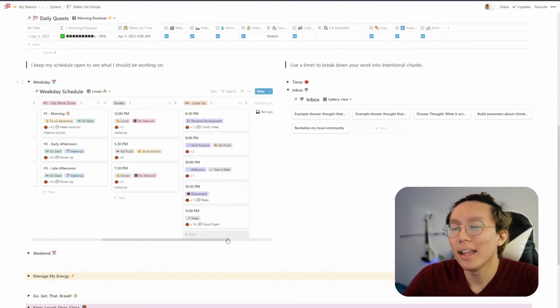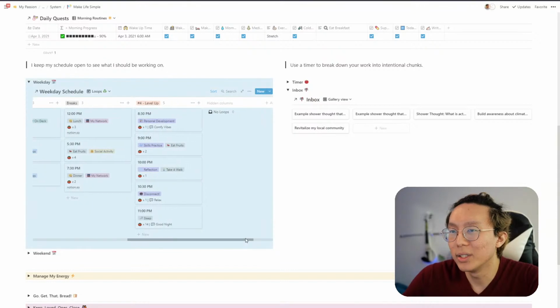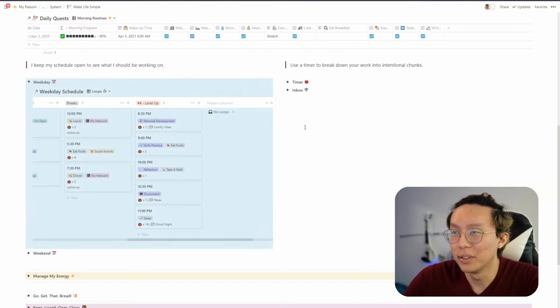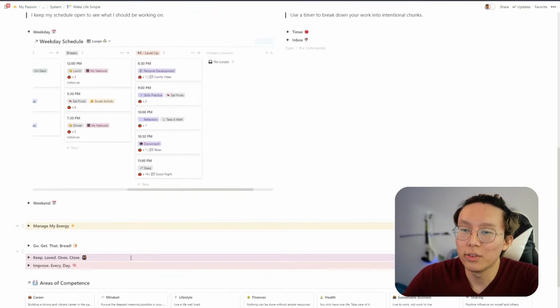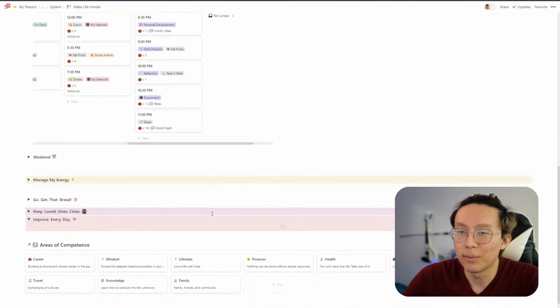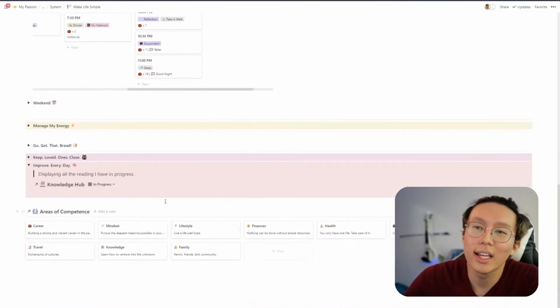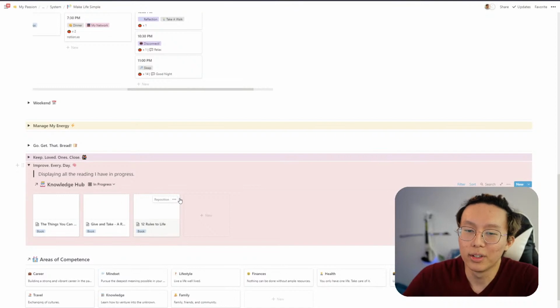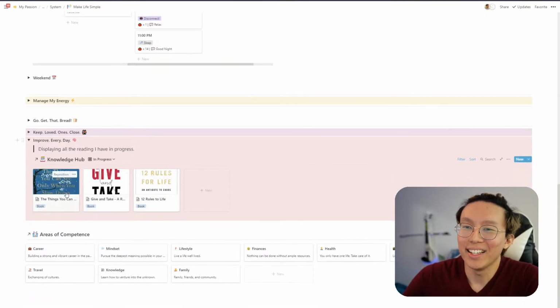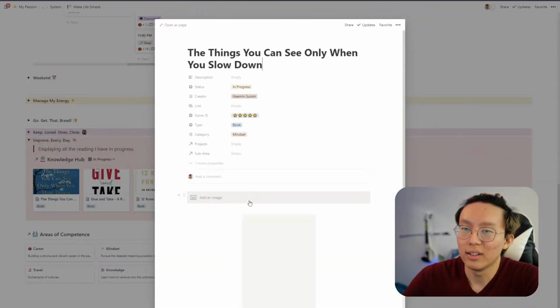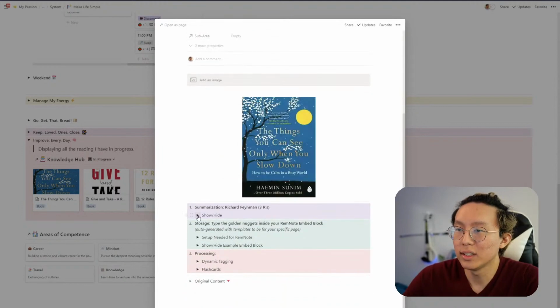So another really important thing that I do here is personal development. And when it comes to personal development, I use this toggle here. I like to improve every single day. It shows me all the knowledge that I'm currently reading. And it shows me, for example, this book, I can see all the summarization I'm doing, all the storage, my